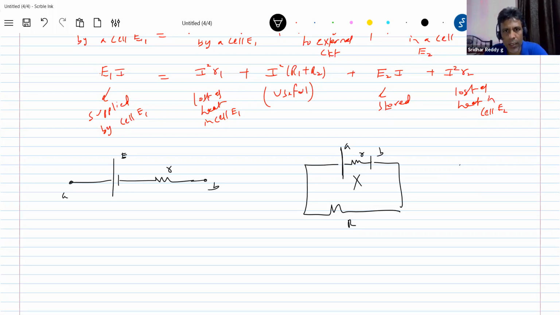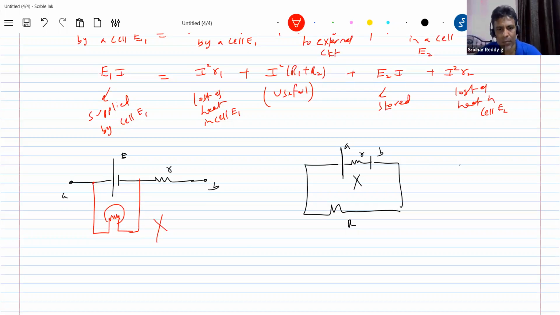Sir, is it possible to do a connection like this, so that we can avoid internal resistance? Is it possible to construct a cell without material? What is the internal resistance? What does this small r indicate? It's the material of a cell. So can you have a Daniell or Leclanché cell without an electrolyte solution, without chemical solution? Can we have electrolysis? Not possible, no? So this will be a wrong diagram.